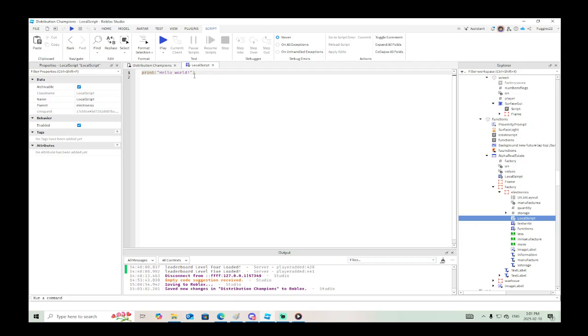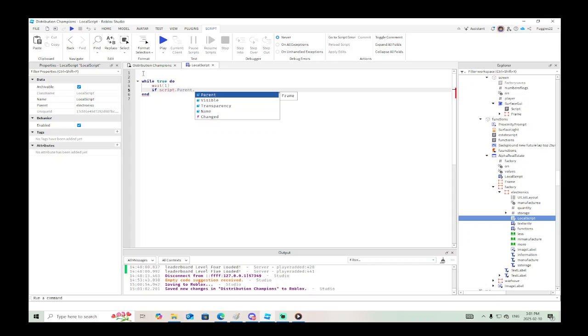We'll say while true do, and then we'll tell it to wait, and then we'll say if script.Parent.manufacturerA.Value equals true, then we want to say script.Parent